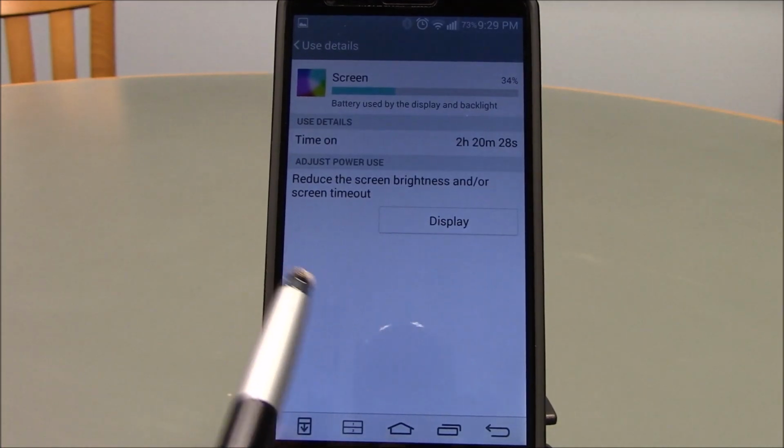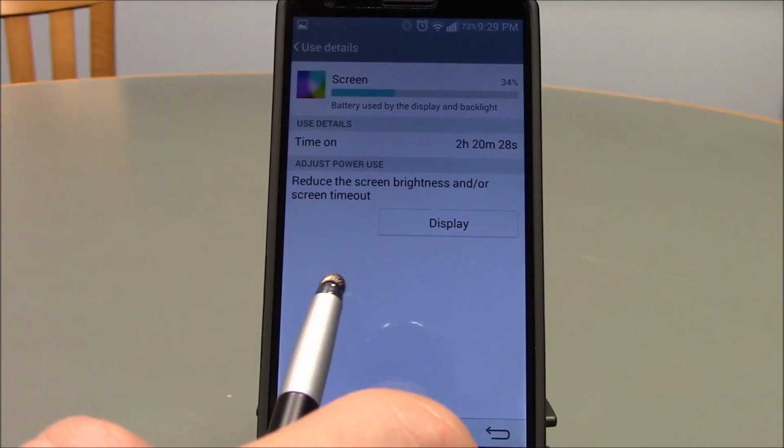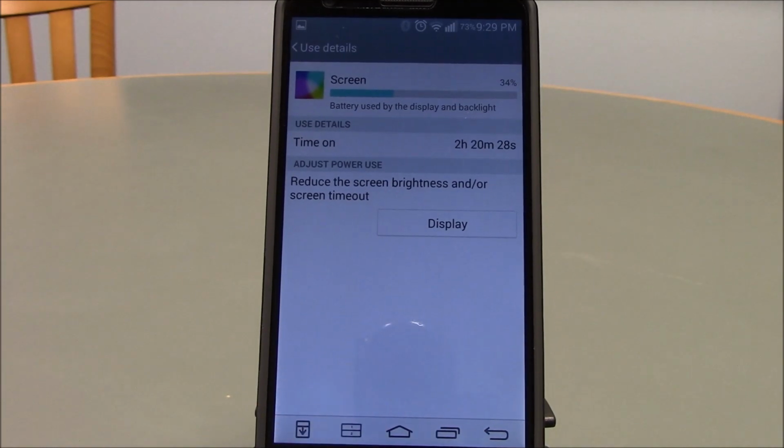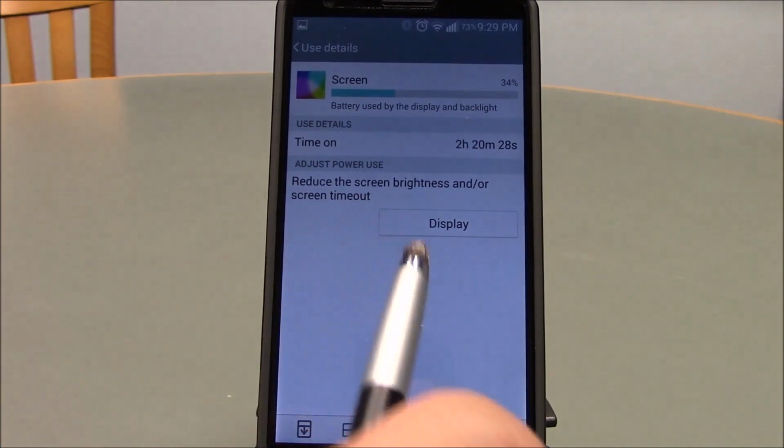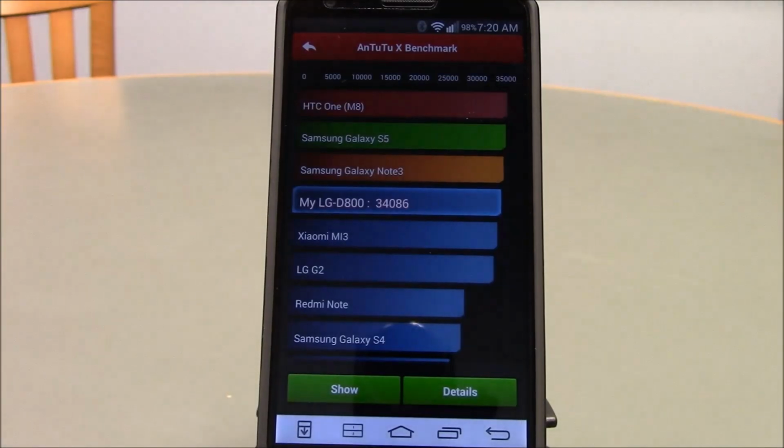So that's a really good start, considering that normally it takes a little while for this ROM to settle in. And one of the things that I was trying to determine was whether or not this ROM functions the same as it does on the actual LG G3, where it learns your habits to try and save power. Here's your benchmark with the stock kernel,